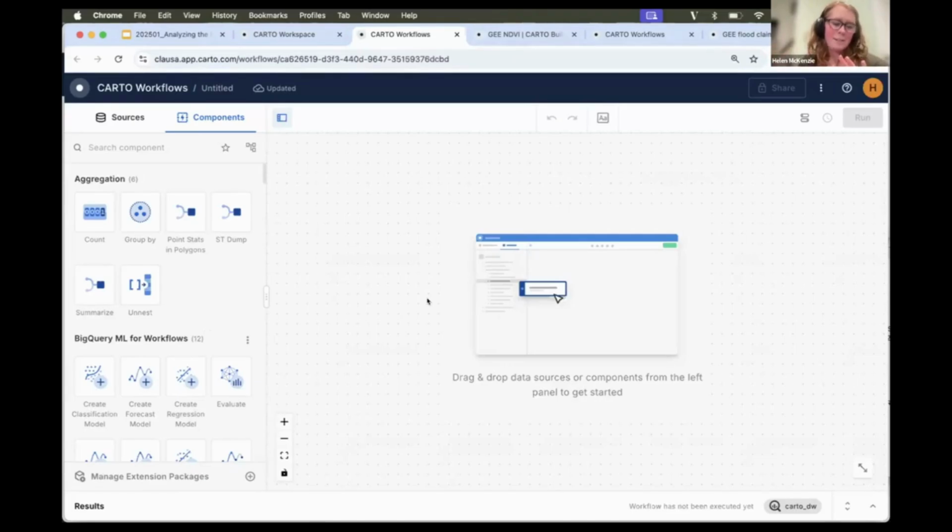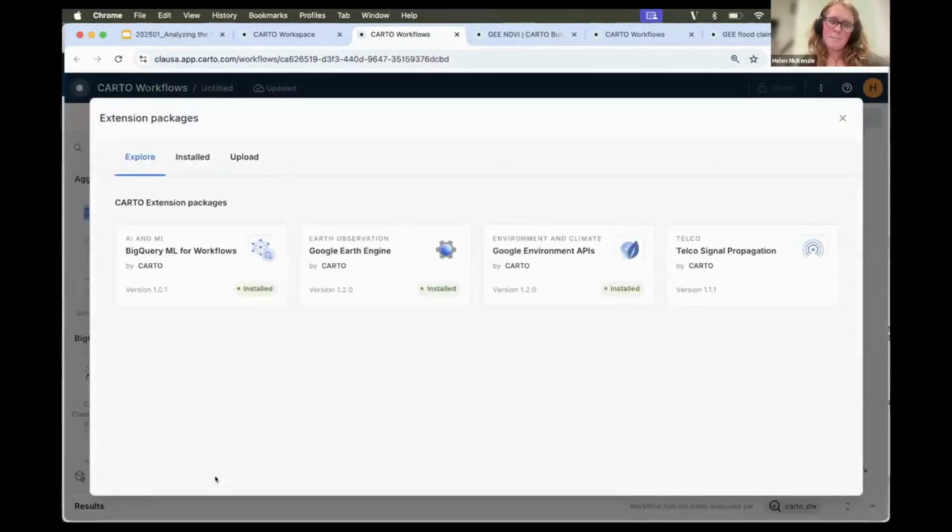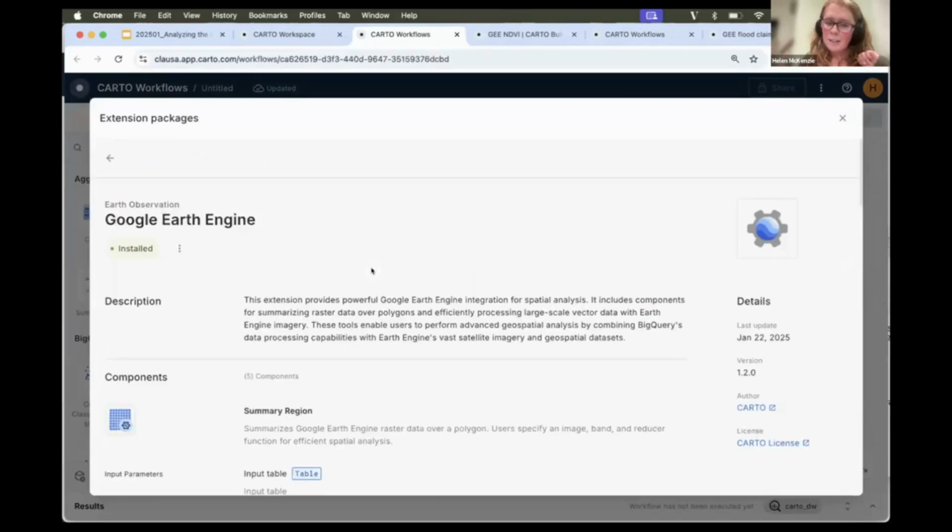The first thing we need to do, like I mentioned, is to get the Google Earth extension package up and running. So the way that we do that is we move down here to Manage Extension Packages, and you can see there's a few here. You can also upload and create your own, but we're just going to work with an out-of-the-box one for now. We're going to go to the Google Earth Engine extension, and there's all sorts of information here about the